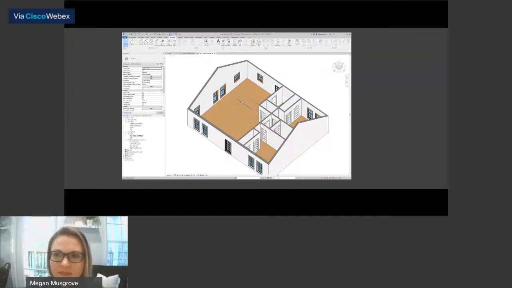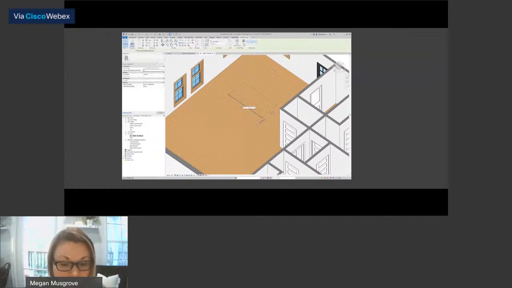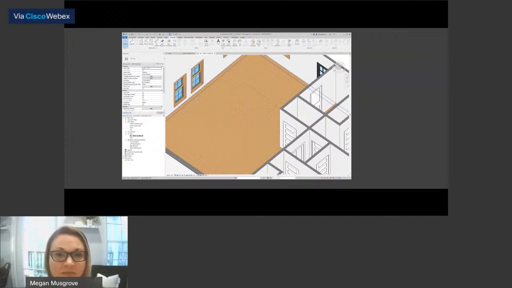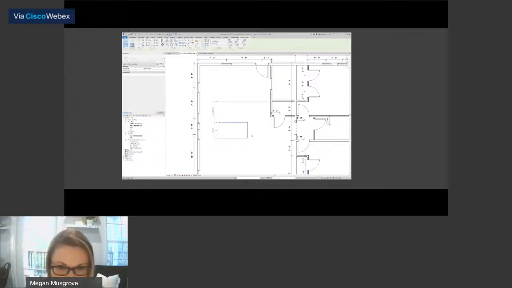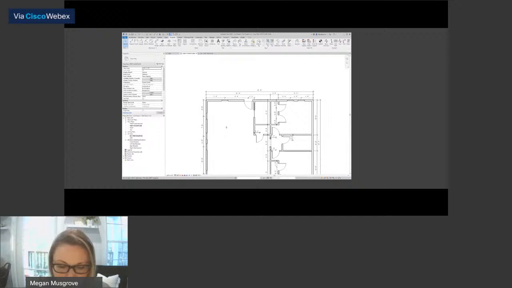If you're wanting to draw something where you want to see it from everywhere, make it a model line. If you only want to see it in one place, make it a detail line. So we can select these, and you can multi-select them. I like to hit on it and click delete, because when you're multi-selecting, if you accidentally click things that you didn't mean to click, then you have to go back and start over again. And so I like to just select, delete, select, delete, select, delete. It seems more cumbersome, but I know where I trip up on things. So it's kind of about knowing yourself